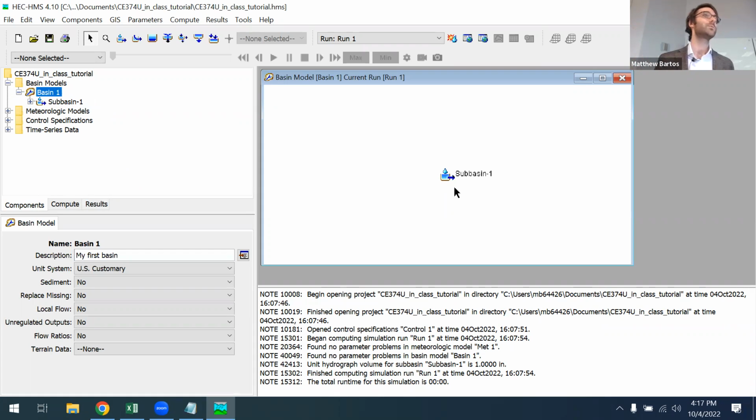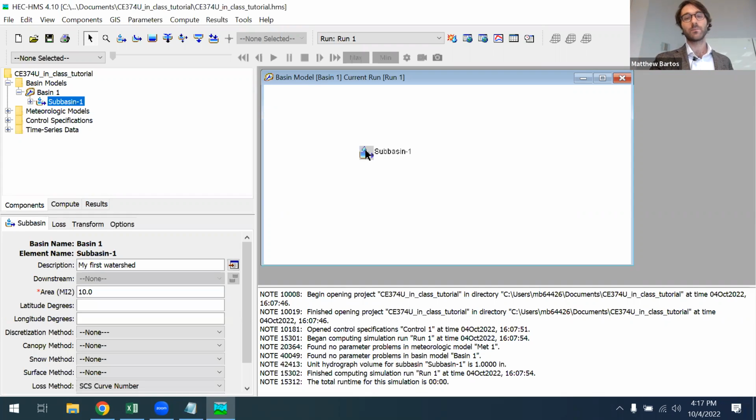So in the next part of the class and for the remainder of the class, I'm going to show you how we can construct a hydrologic model that has multiple subbasins and where flow is routed between those subbasins using a reach. We have one subbasin here. This is also something that's going to be on homework 3.